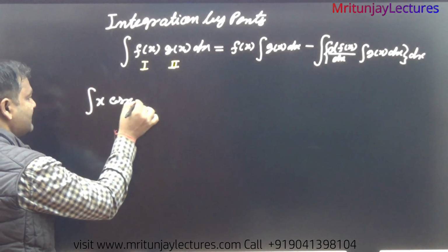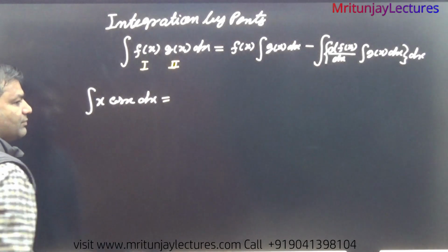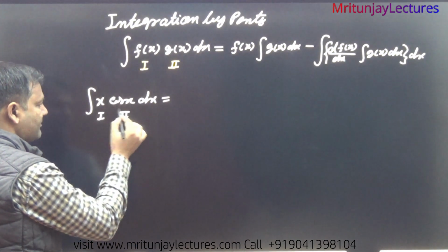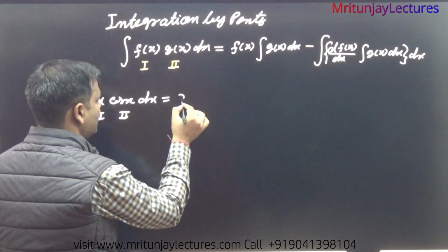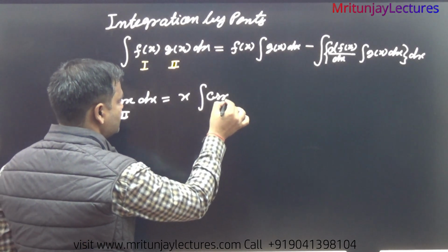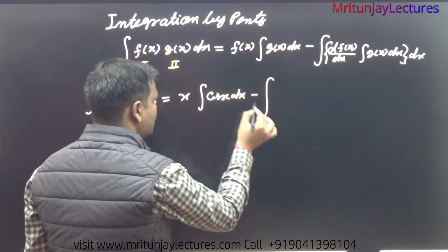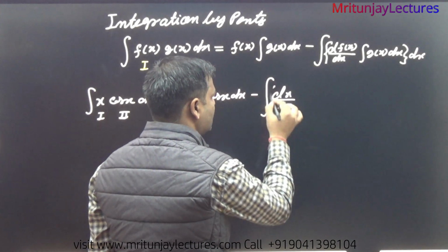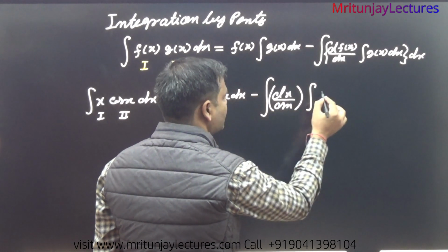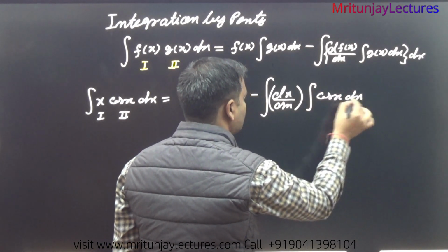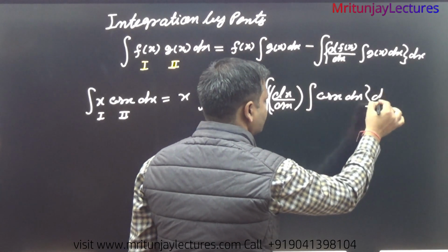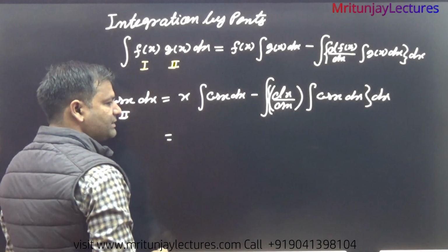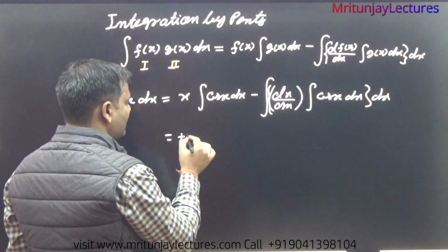x cos x dx. Then how can we do it? Simple. If you consider this one as first and this one as second, first it is x into integration of second, cos x dx, minus differentiation of the first function into integration of the second function, okay, after that dx. Now integration of cos x is sin x, so that one is x sin x plus